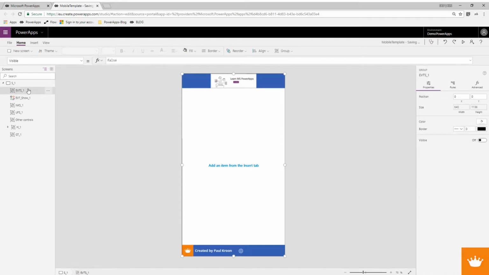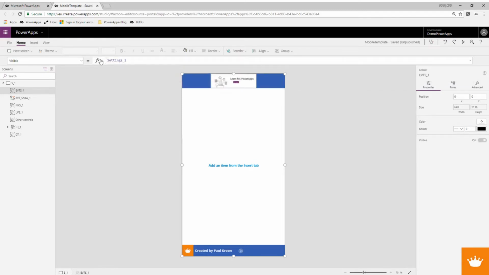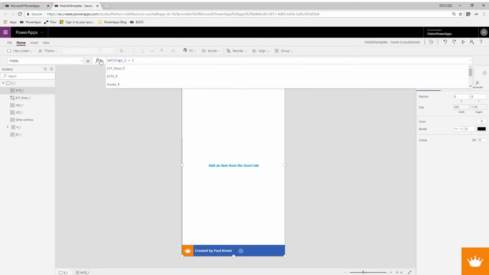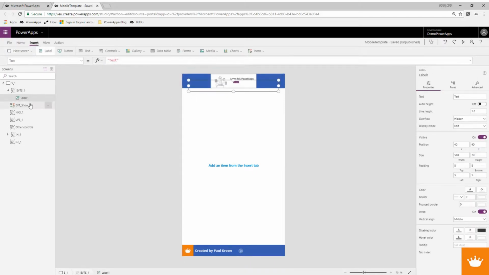So then we're gonna go to our events and we say, on the visibility property, we're gonna use this variable settings1 and we're gonna set it equal to 1. So if it's 1, our events will show. We ain't gonna see anything when we are here, so let's first put in a label,